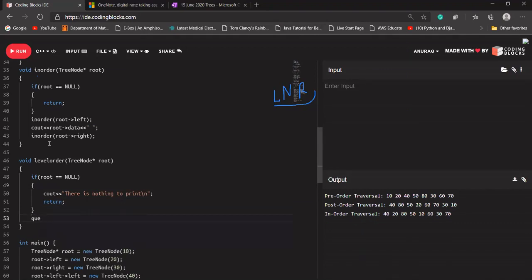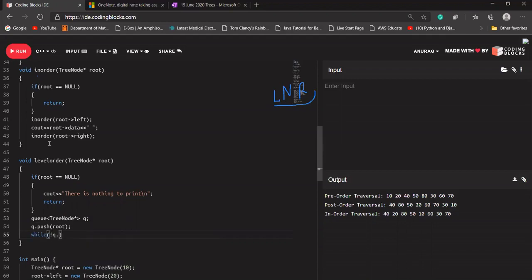If it is not null, create a queue first using STL, and it will be of type tree node. Create a queue, and push that root node into the queue. Now I'm going to say that while my queue is not empty, until my queue is not empty, what you need to do,